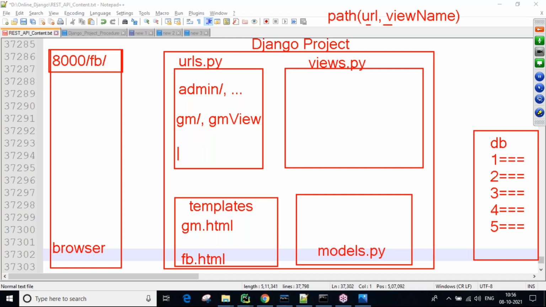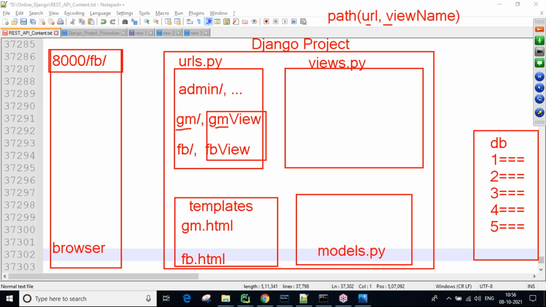Now Facebook-related: fb slash, so now the fb view, nothing but the Facebook view. So URL name comma view name, like that.